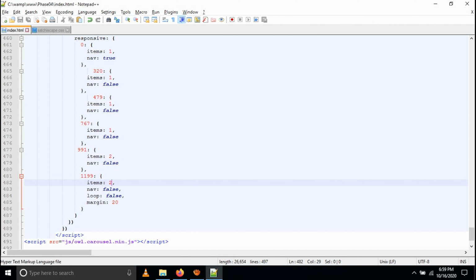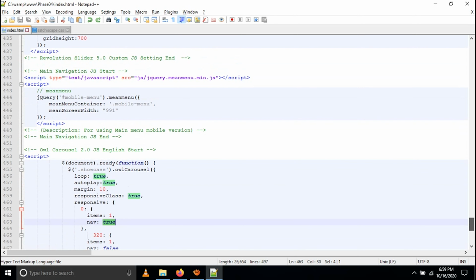If you don't want it or anything, you can change it. Okay, so here I have given it in 991 for tab, 767, 479, 321 and 0. Navigation and whatever, I have given everything. You can play around with these components. Okay, so in the CSS,